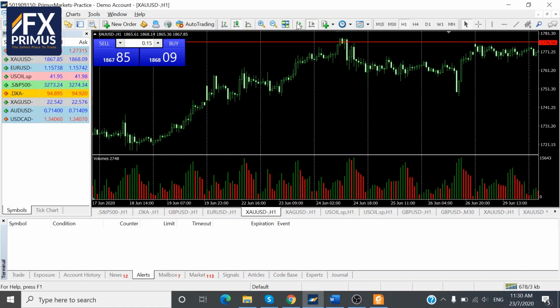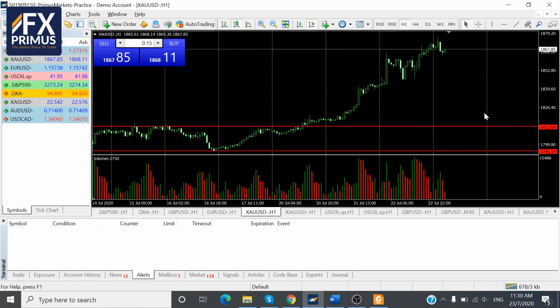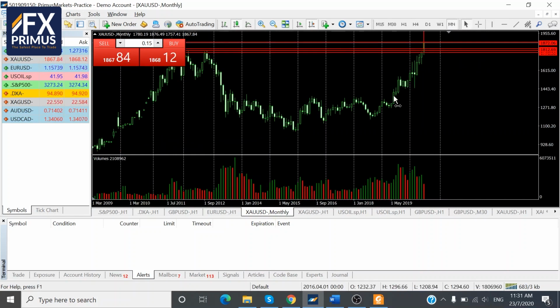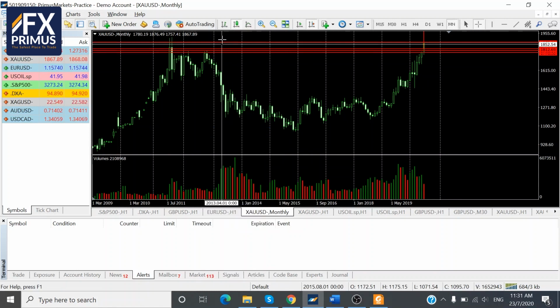Okay, so on the 1 hourly charts, we do see the gold prices still on a bullish trend. And where will it go next? We will have to look at the monthly charts. Prices has not touched this high before, as you can see. The previous high was, okay, it did touch over here,